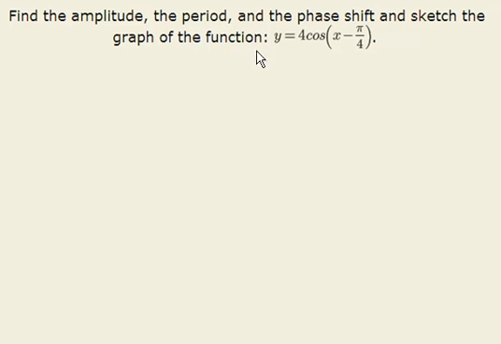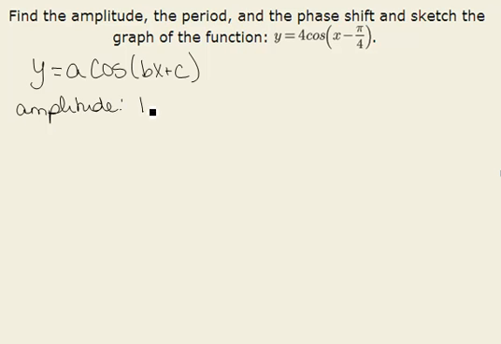In this problem, we are asked to find the amplitude, the period, the phase shift, and sketch the graph of the function y equals 4 cosine of (x minus pi over 4). We will recognize that this is in its general form, y equals a cosine of (bx plus c). We can find the amplitude